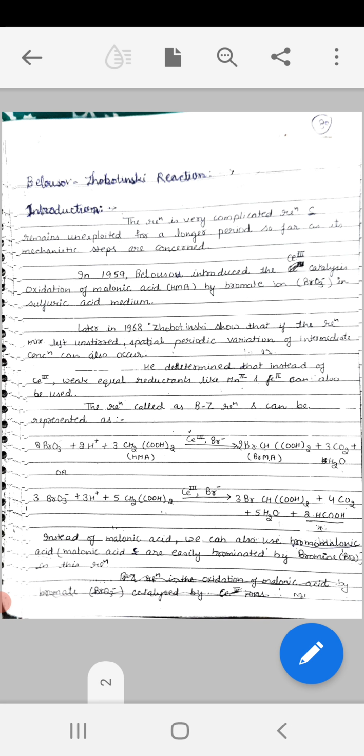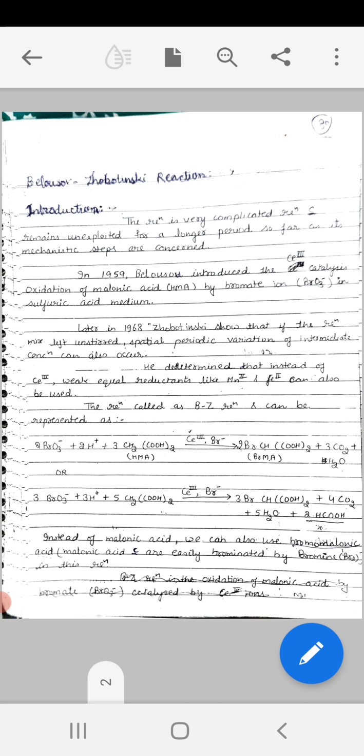2 BrO3- bromate ions plus 2 H+ ions in acidic medium plus 3 malonic acid molecules (HMA), that is CH2(COOH)2, in the presence of cerium-3 and bromide ion, turn into BrCH(COOH)2. This is bromomalonic acid. Two bromine molecules are added in this reaction; one bromine atom is introduced, plus 3 CO2 plus